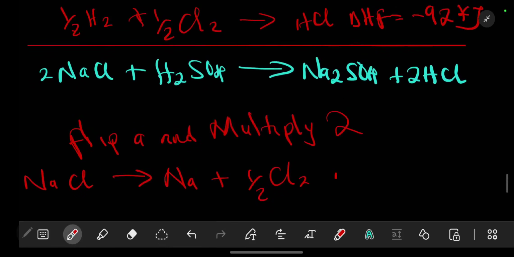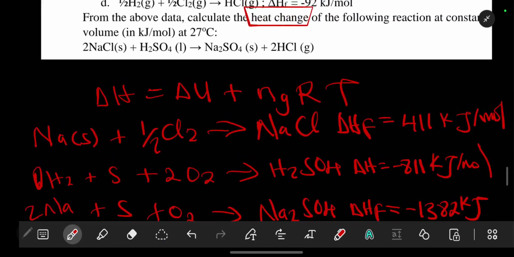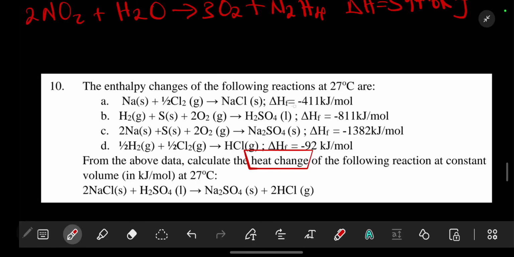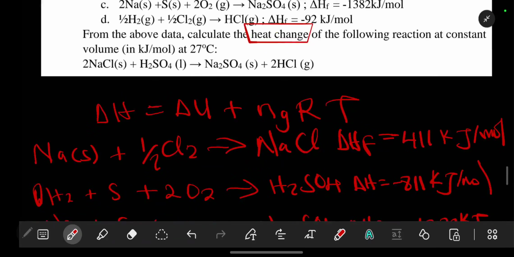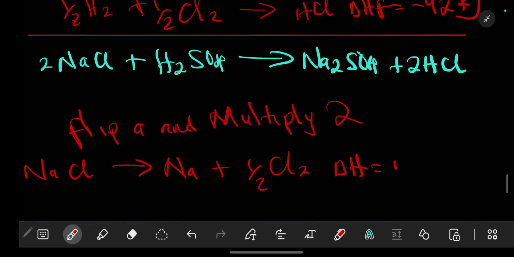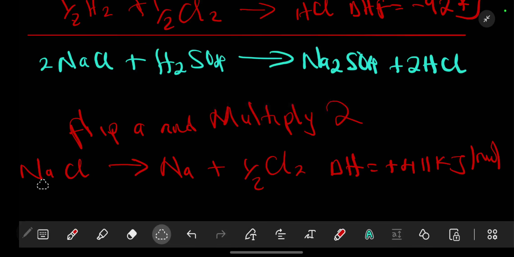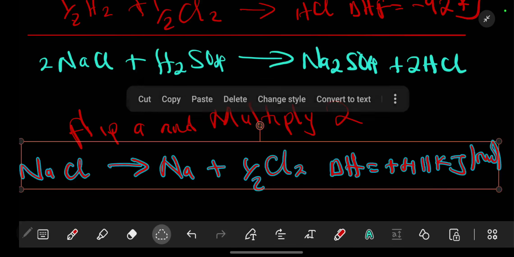So the change in enthalpy, by flipping this equation, will change from 411. Was it negative or positive? It was negative. So from negative 411, it will be positive 411 kilojoules per mole, like that. After we do that, the next thing we are going to do is multiply by 2. As we have said, we are going to multiply by 2, which will give us a value of